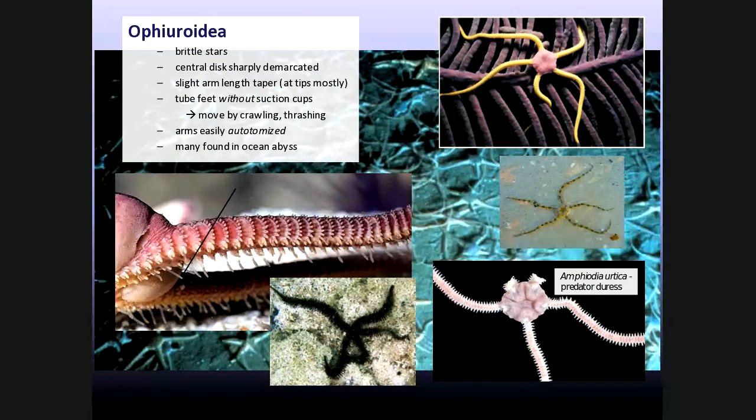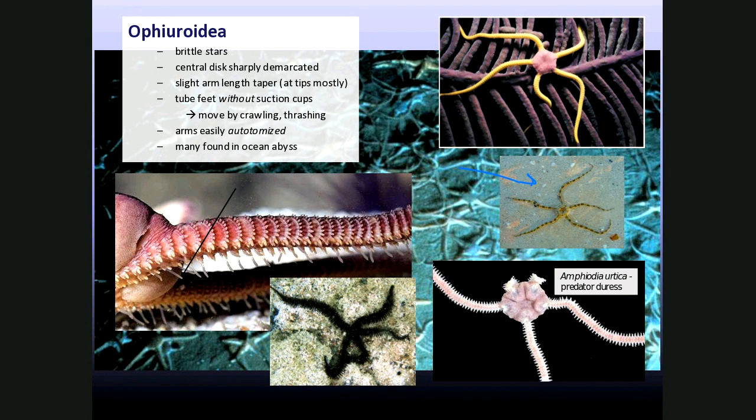They have tube feet, but they don't have suction cups. So they use their tube feet not so much for feeding, but for crawling around. They can actually move out on land. People get freaked out sometimes. I've seen them on videos. You can see these things actually moving across the sand, by using their tube feet and just kind of hooking them, kind of like the worms do with the setae, the chitinous structures on their body wall. They can hook these tube feet and they kind of move in through the dirt.